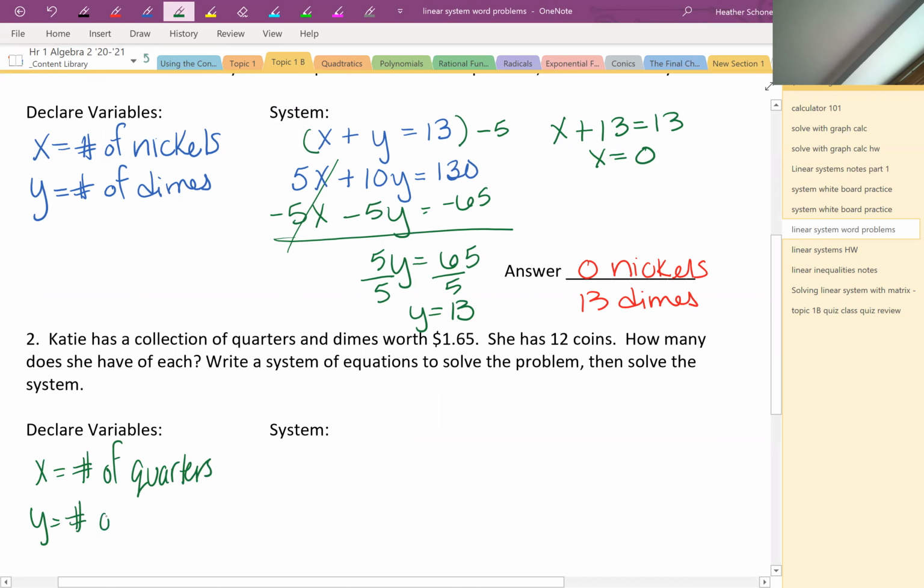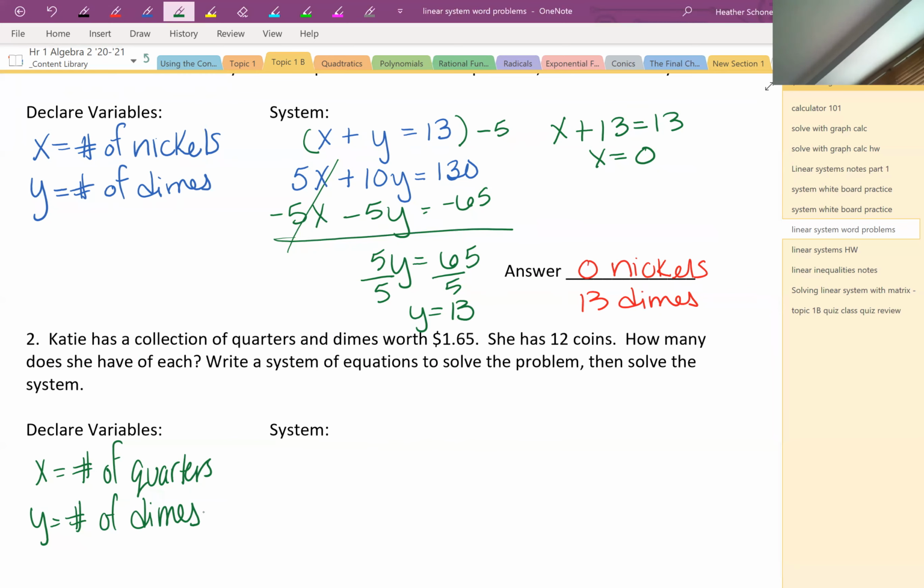Y is going to be the number of dimes. Okay, so first of all, we can make two equations. They both have to have two variables. The first equation is going to talk about the quantity of coins. Well, I know if I take the quantity of quarters plus the quantity of dimes, it's going to equal 12